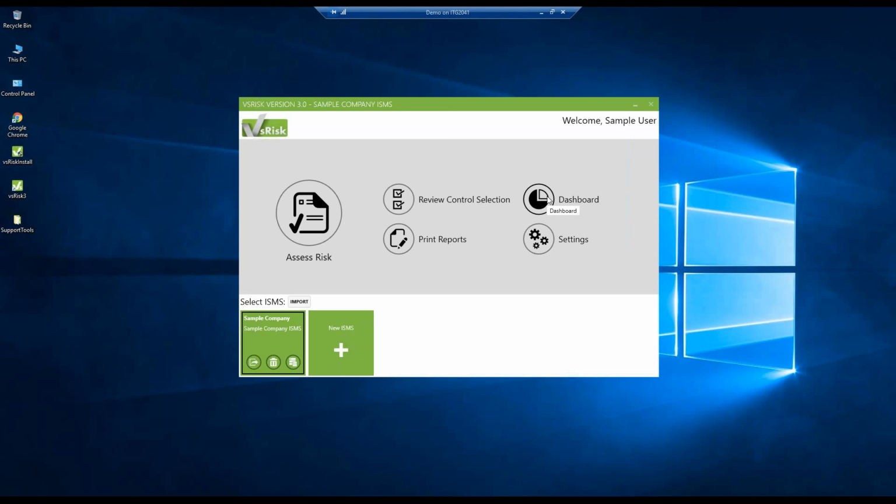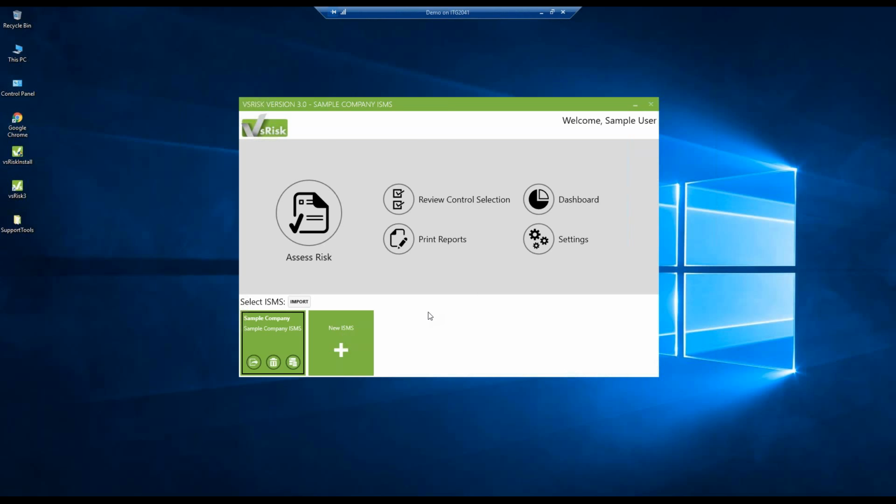We have our dashboard, which is the PDF report that you can pull out of the tool. We've got the reports themselves, so the statement of applicability, your risk treatment plan, etc. And then we have our settings menu, which we will go into a bit more detail, as this is where you're going to be able to really build on and customize what the ISMS is going to be doing for you, such as the ability to import assets. You can export a pre-existing asset registry if you want to, if you've built it up inside the tool and you want to keep it backed up outside. We're also going to show you how you'd go through user management and change all of your requirements, types, classifications,